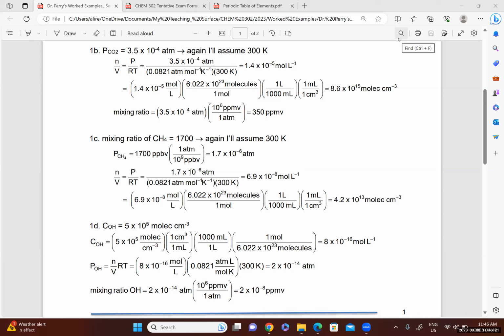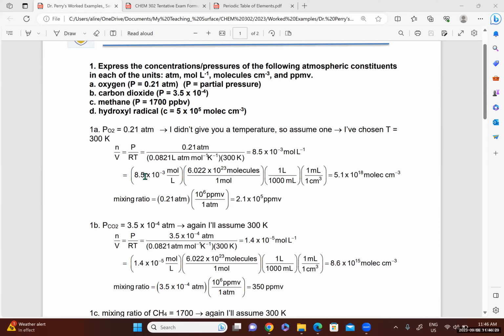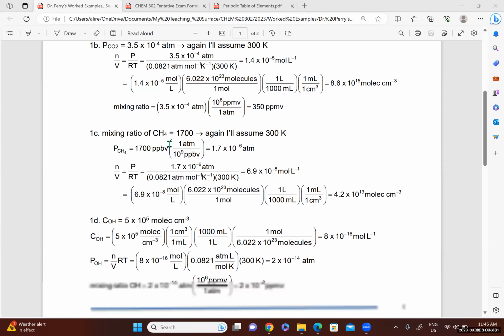It is working. So now I am going to go over part 1C of question 1. Part 1B is very similar to 1A. Part 1C, only the first part is different. The rest of it is similar to parts 1A and 1B. So I am going to go over only the first part, which is the reverse kind of reaction that we